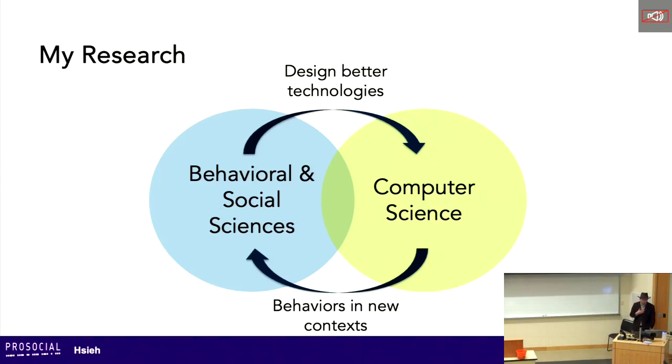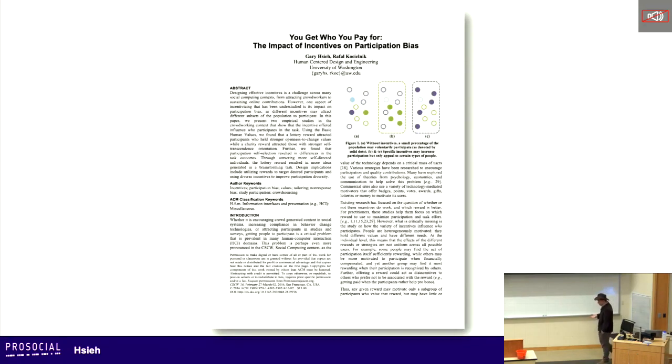And so for my graduate program, I was in an interdisciplinary program where I was able to combine social and behavioral theories into the design of technology. And I'm really excited about research at this intersection, right? On one hand, through advances in social and behavioral psychology, we can design better technologies. On the other hand, through novel technologies, we can leverage these new technologies to study people in ways that were never available to us before, and then come up with additional insights so we can design better technologies. And so a lot of my research is on how we design motivators,